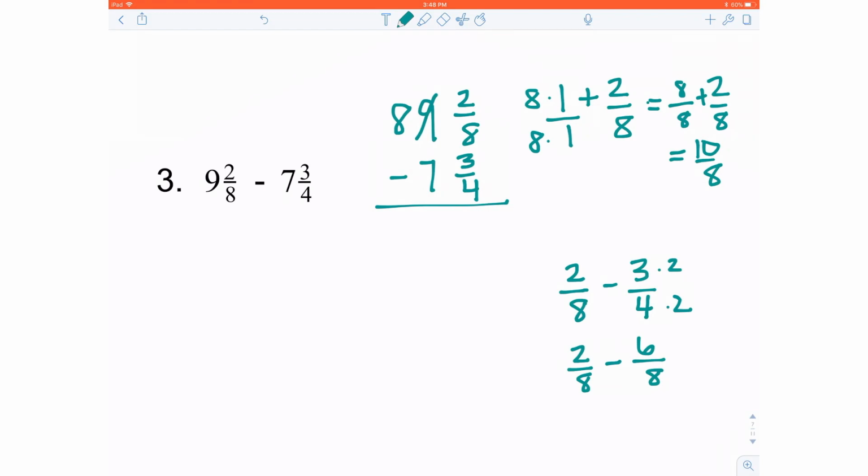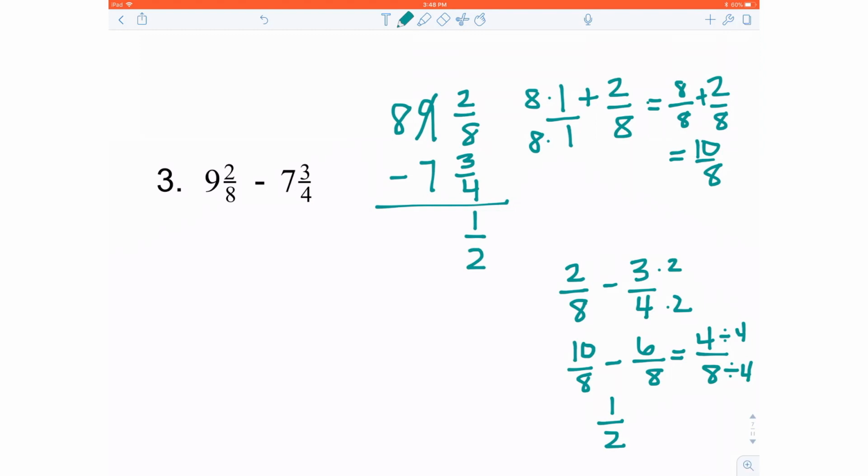So now that we have this new fraction, let's replace our 2 over 8 with 10 over 8. Okay? So 10 over 8 minus 6 over 8. 10 minus 6 is 4 over 8. Can we simplify this? Yes, we can. We can divide the top and the bottom by 4. And that actually gives us 1/2. So here we have 1/2